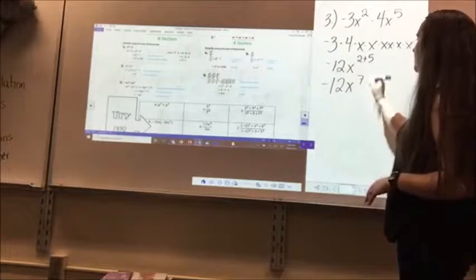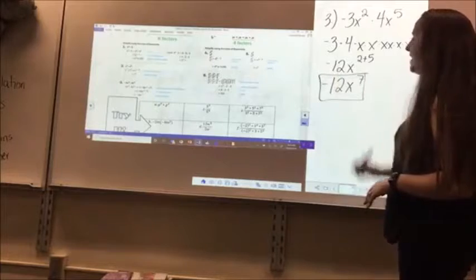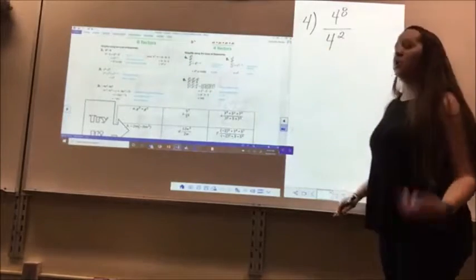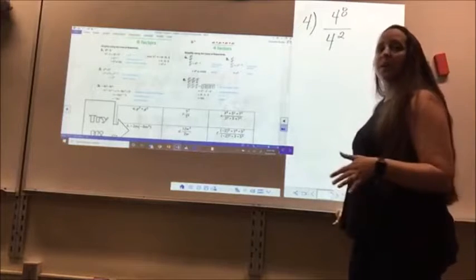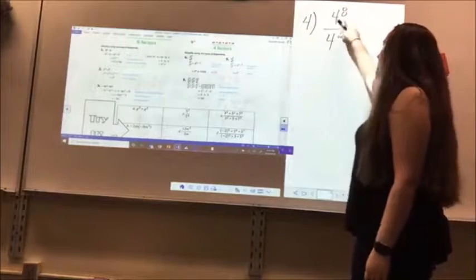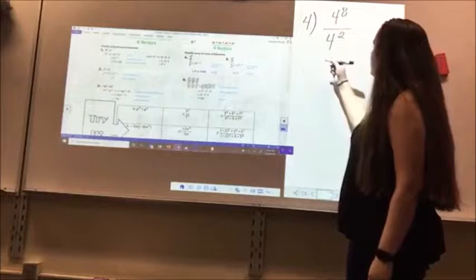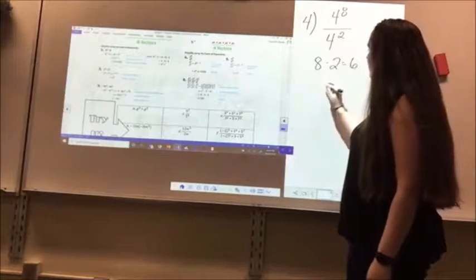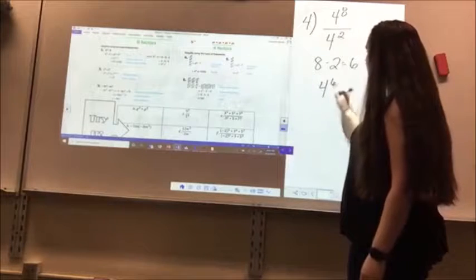So my final answer is going to be negative 12x to the 7th power. So again, we're using the law of quotients now. So I still have the same base. 4 is my base, and I want to subtract my exponents. 8 minus 2 equals 6, so my answer is going to be 4 to the 6th power,